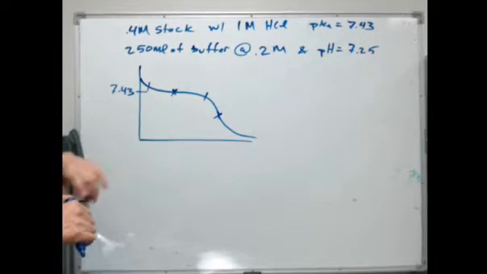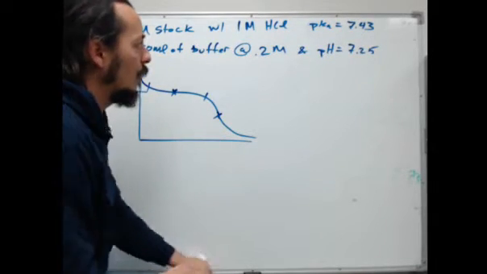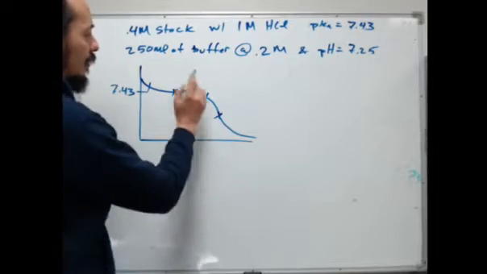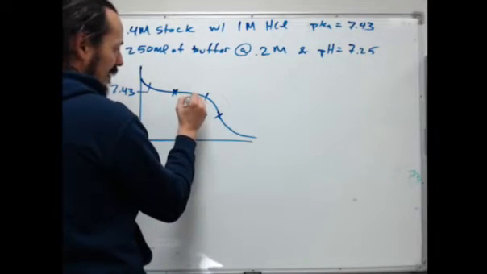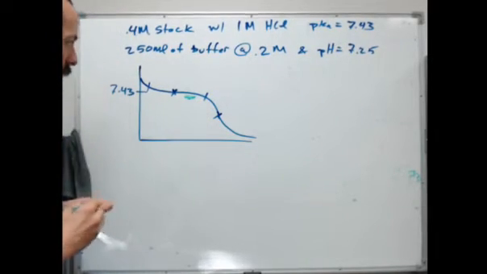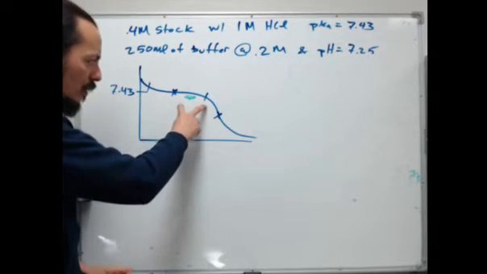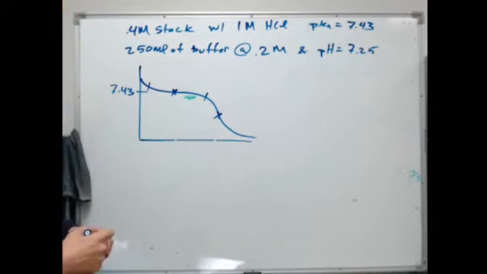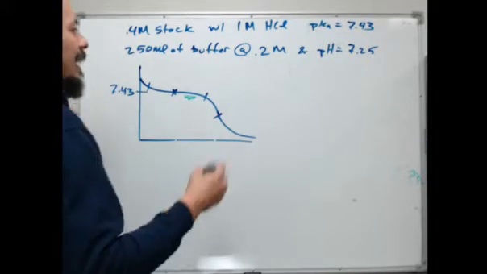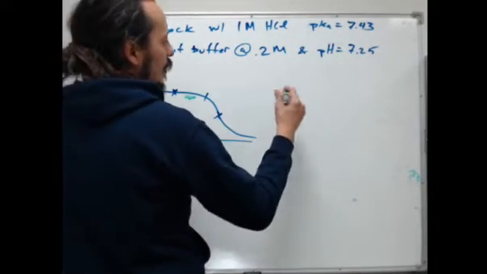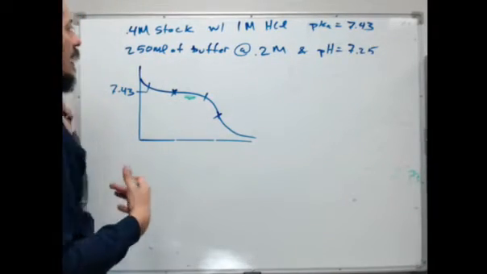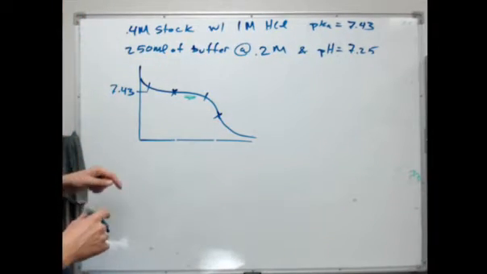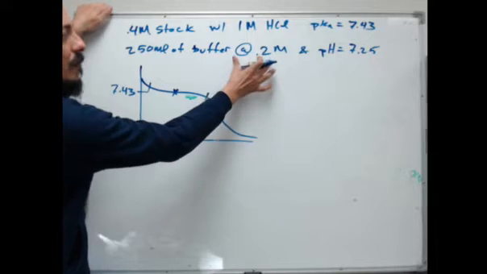So right away, we can tell that our buffer is going to be someplace in this area, right? Our buffer is going to be there. So if we knew perhaps this range of volumes, we could ballpark the answer without actually having to calculate the answer. So let's calculate the volume to the midpoint and the equivalence point,